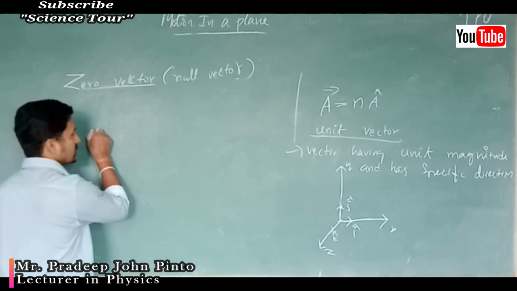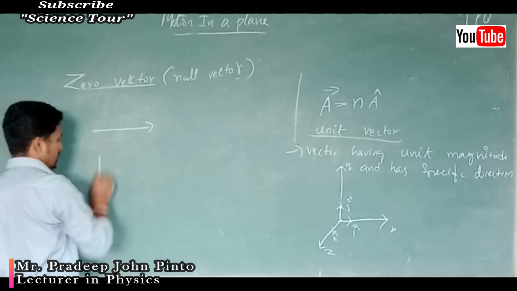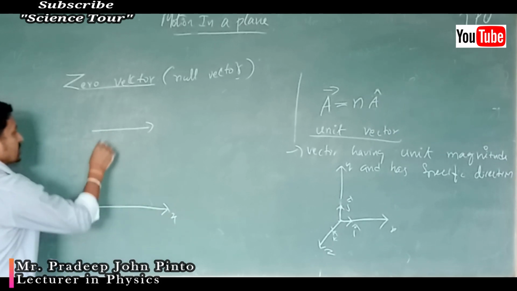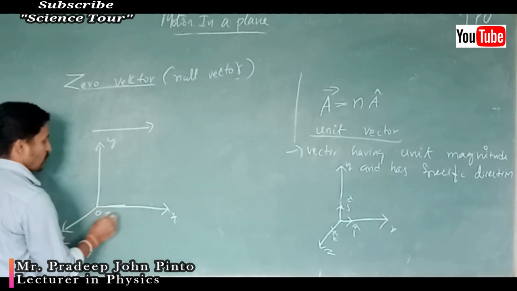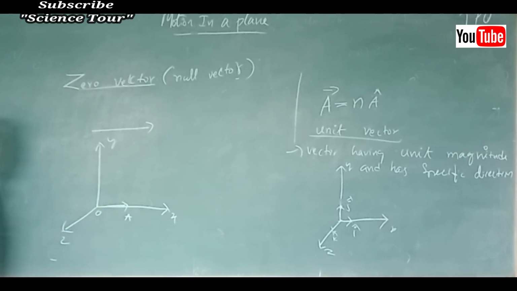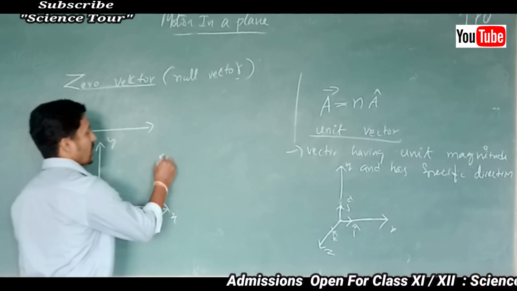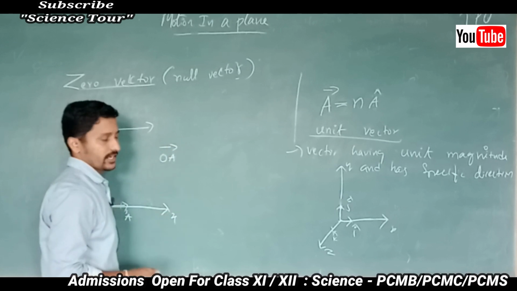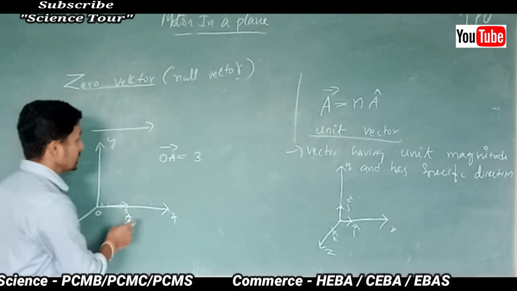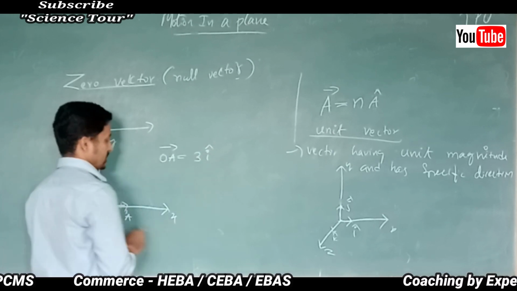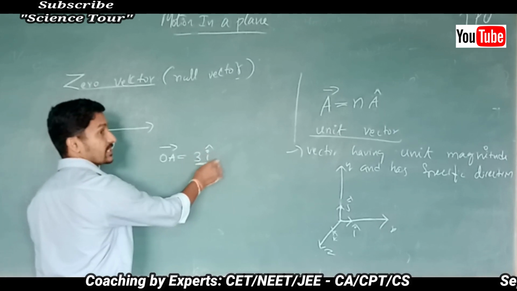So if I write in the x-axis, this is the x-axis, this is the y-axis, this is the z-axis. This is the OA vector. What may be the length? Say 1, 2, 3. 3 is the length. Now how do I write it? OA vector, and after that 3. 3 is the length in the x direction. So this is the meaning: 3 times in the x direction.